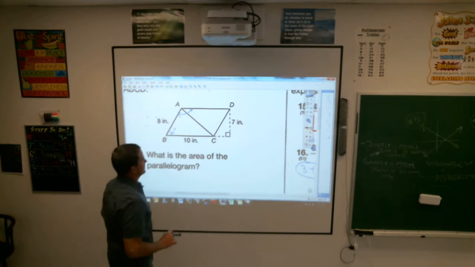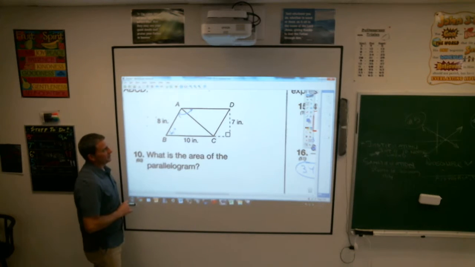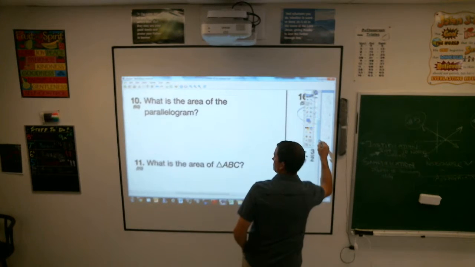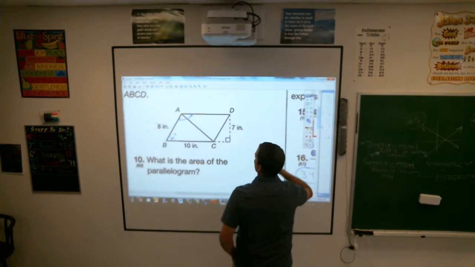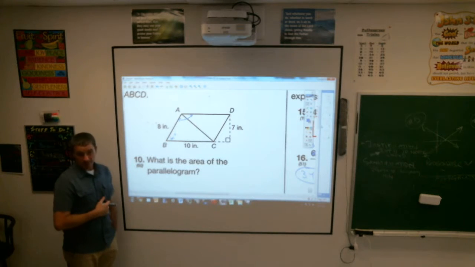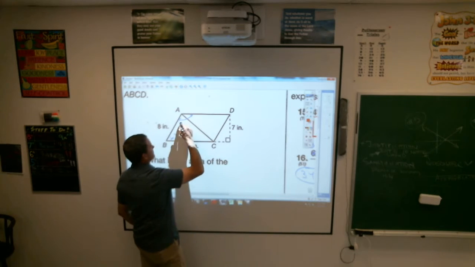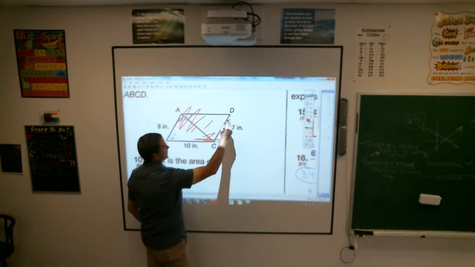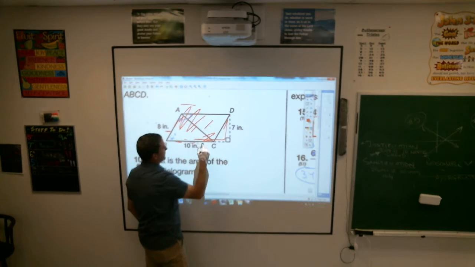What is the area? Oh, it's a parallelogram, so the sides are parallel. Let me look at the other questions here first. Area 61, what's the measured angle DAB? All right. Since you've got all those different lines there, you can pick whatever shape you want to find the angles. I would say this is probably your best bet. What if I look at this? Why is it so far off? What if I made this my shape,